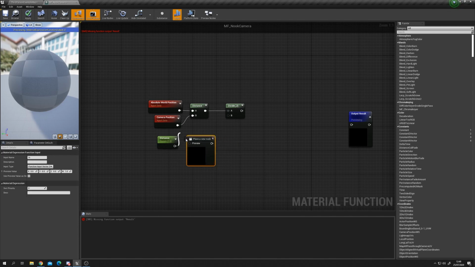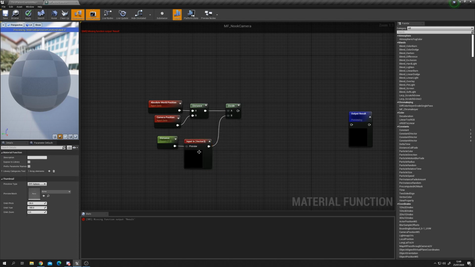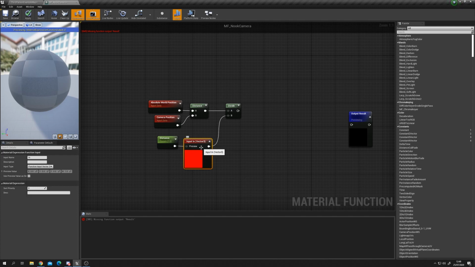We can plug our parameter value into the preview, and then we'll plug this into the distance. And you can see here our input type is a vector 3. We're only using a single value here. And what we're going to do is select our input and then just change the input type to a scalar